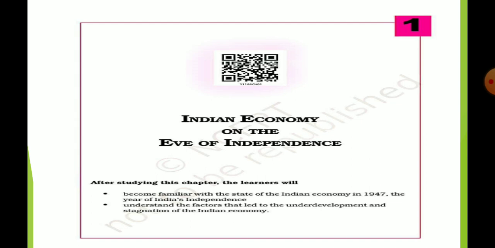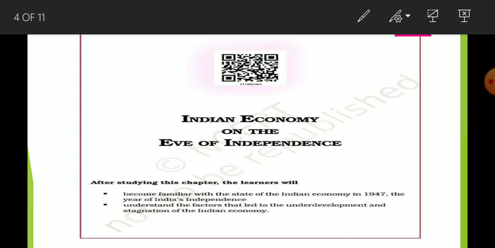When you learn this chapter, you are able to understand two things, that is given in your NCERT book. First thing, you become familiar with the state of the Indian economy in 1947 when we got our freedom. What was the condition of India at the time of 1947, that is explained here. Second thing, we are able to know